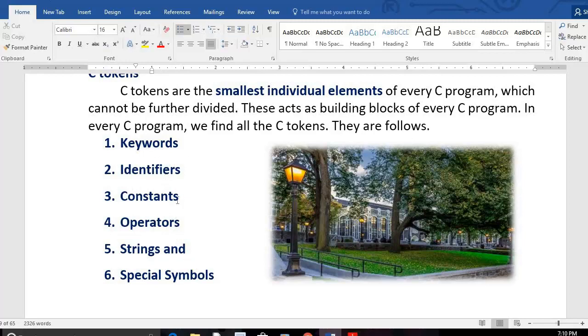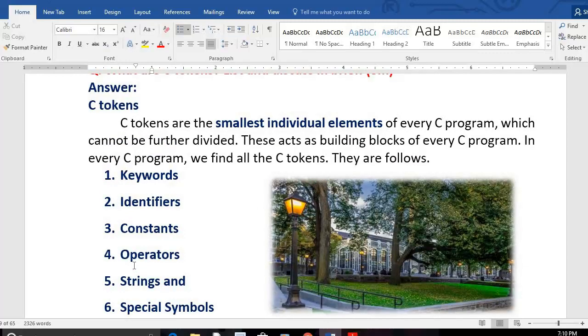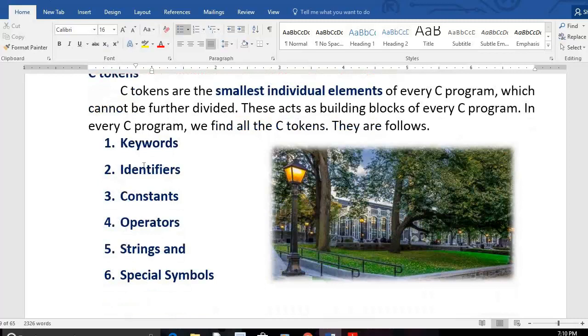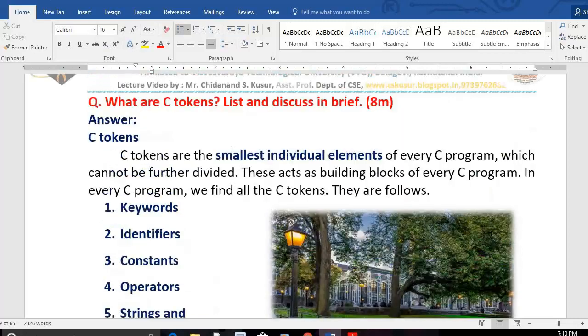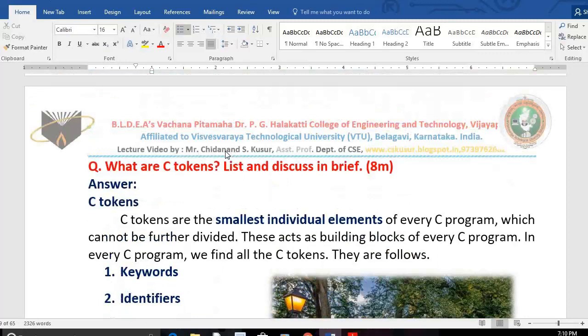If you explain all these with examples and explanation, you may get 2 or 1 marks for each. That means such questions will be asked for 7 or 8 marks in total. Now in today's class we discuss how to answer this question in the examination. In order to answer it, first we need to have the knowledge.